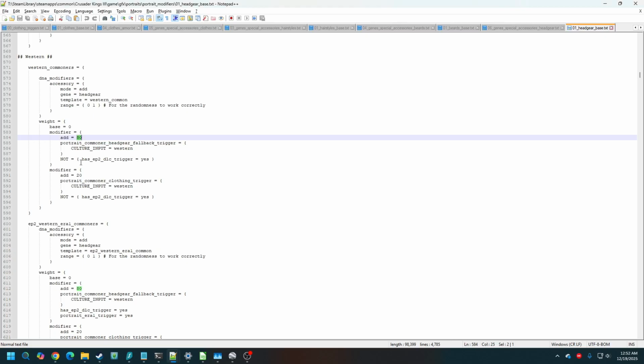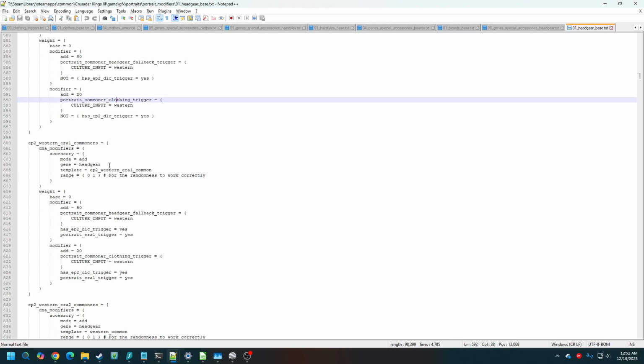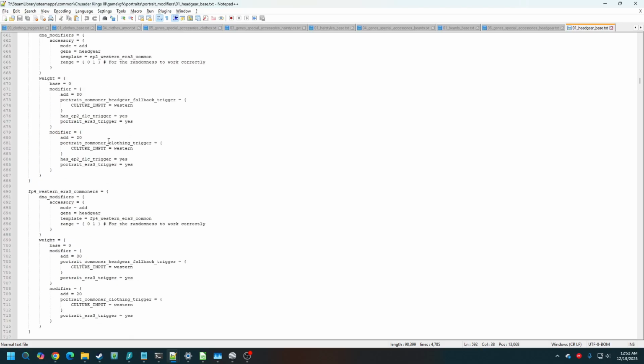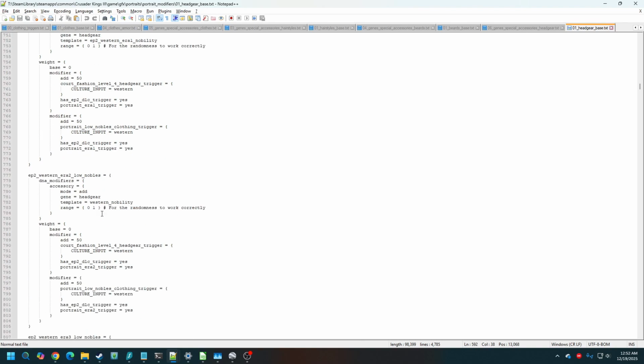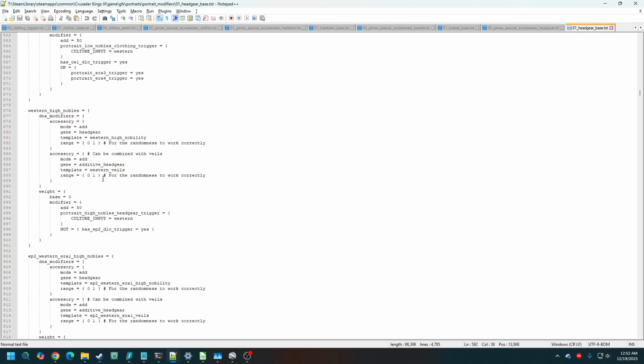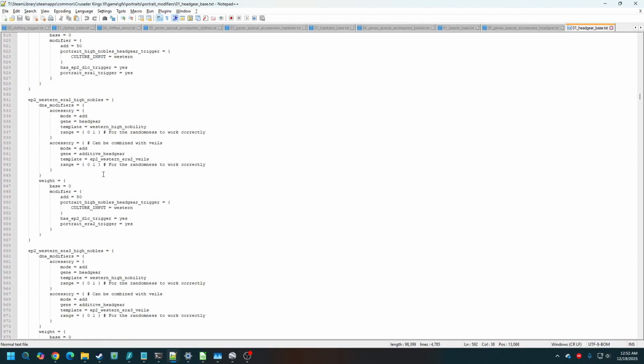And that actually increases the modifier, but there's still a modifier applied if they just have the commoner clothing trigger. Then you've got the heiress too, but then with low nobles, and then this gets applied, have low nobles clothing, high nobles headgear gets applied. You have the high nobles headgear trigger, which is different than the clothes. It's a bit more specific, but because